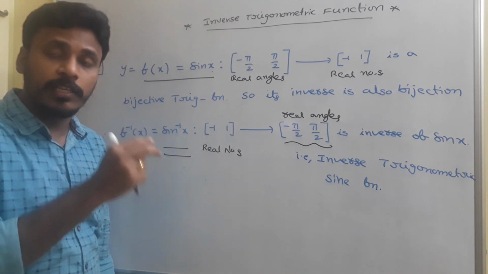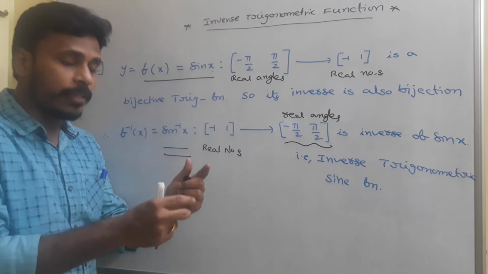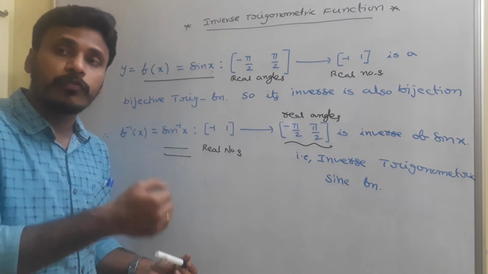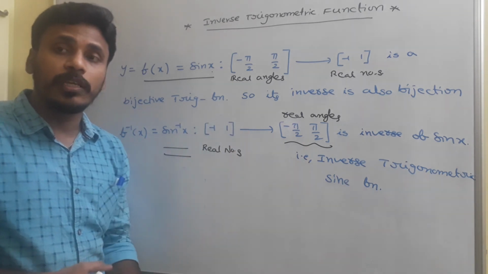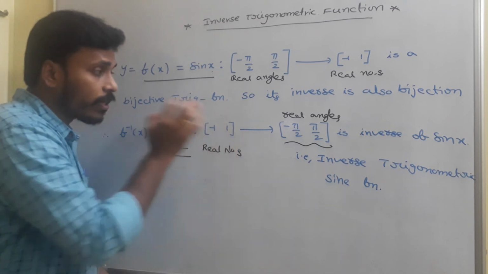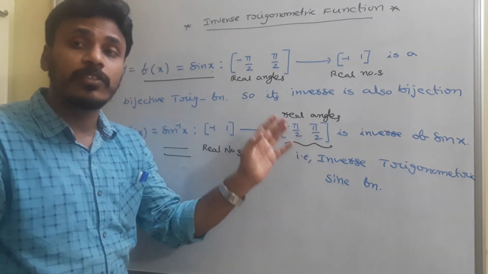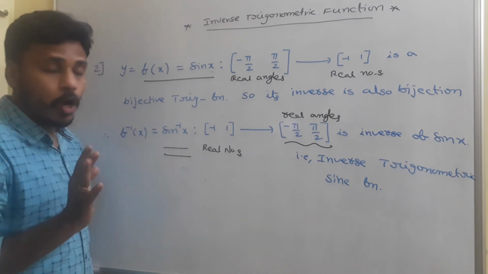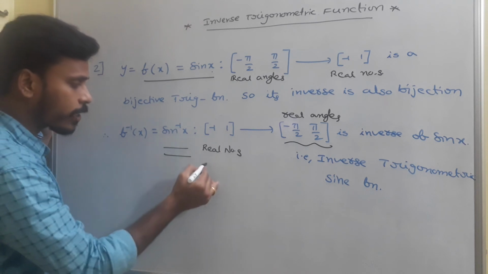Number 2 is always just 2. If you allot it to the measurement of liquids, we call it 2 liters. If you allot it to the measurement of weights, we call it 2 kilograms. If you allot it to count objects, we just say 2. Here we have real numbers, there we have real numbers, but these real numbers we treat as real angles, and these numbers we just treat as real numbers. That's it.